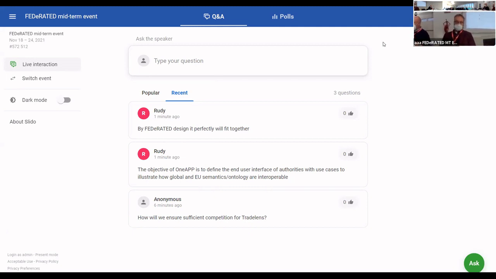Good. I think the other two comments of Rudy were already described. So I think we